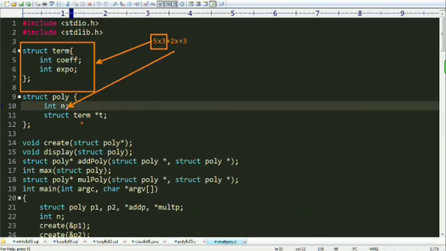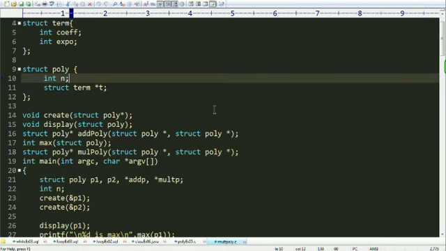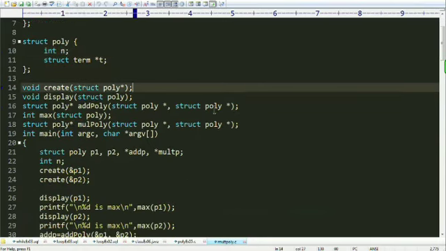After that I am creating a function which creates a polynomial, because I'm creating the polynomial dynamically, not statically like a structure. I create a function which has return type void and parameter struct poly pointer.